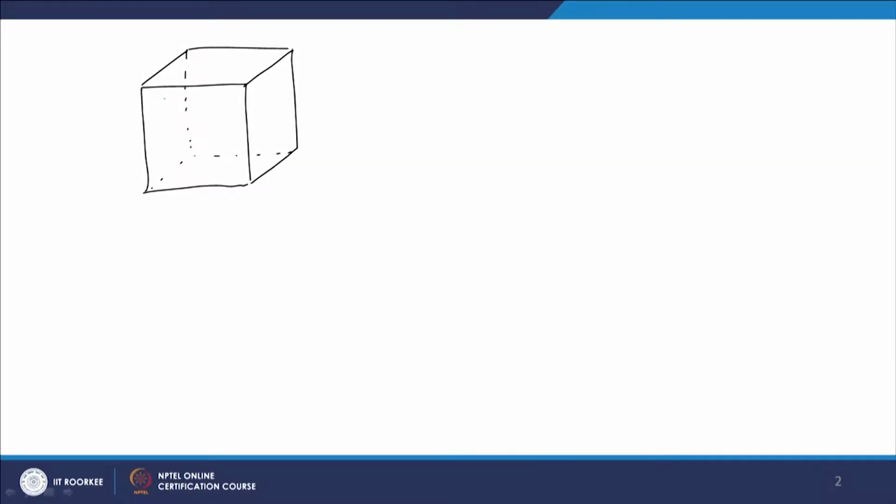Just to do a brief recap, the basic idea of the Monte Carlo simulation is the following. You start with a simulation box. We have always been drawing the cubic box. It need not be the case, but cubic is the most common case, and in that box you will place your particles. It can be your polymer chain like a bead spring model, for example, but just for general sake I can say it is a collection of particles